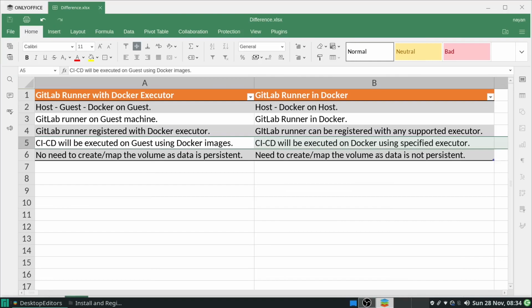To stop this data loss, we need to create or map the volume folder with the Docker container, so that if you remove or stop the Docker, or if you restart the Docker container, the data will persist. To summarize, GitLab Runner with Docker Executor means